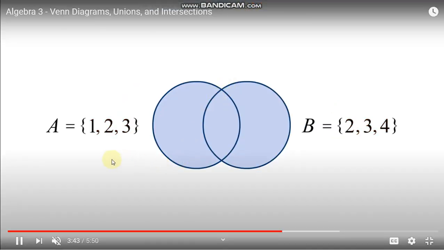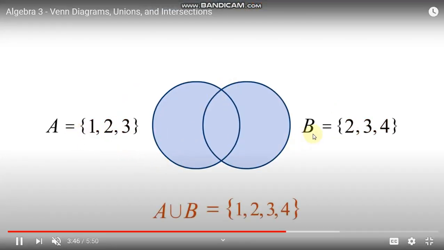Okay, next we move on to another example. A is equal to {1, 2, 3} and B is equal to {2, 3, 4}. Here you can observe the union. So this is set A, 1, 2, 3, and set B, 2, 3, 4. Together you can observe the union. Here element 1 will be there, here 2, 3 will be there, because 2, 3 is present both in A as well as in B. Therefore 2, 3 will come in this intersection region. A contains 1, B contains 4. This region contains 2, 3, which is present both in A as well as B.